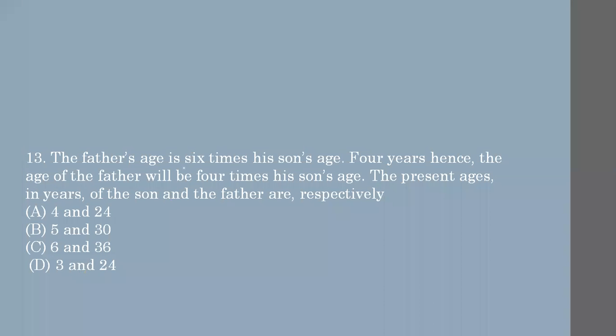Now the last question for today is, the father's age is 6 times his son's age. So you can pause your screen. If we take son's age to be x and father's age to be y, so according to the condition, father's age should be 6x, and 4 years later means the child will also be 4 years older and the father will also be 4 years older, so this will be the son's age, and this will be the father's age, y plus 4, because age of father is y.